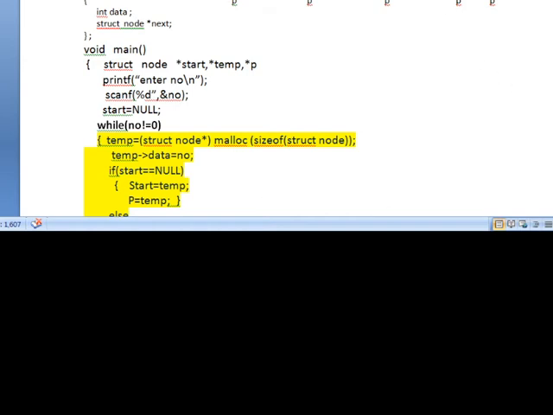Again you have to move. Now the temp is here. Now you have to move temp to here. That means temp equal to temp dot next. Automatically temp dot next points to this one. For this, temp is moving. Now the temp points to the third node and p moves to that one.